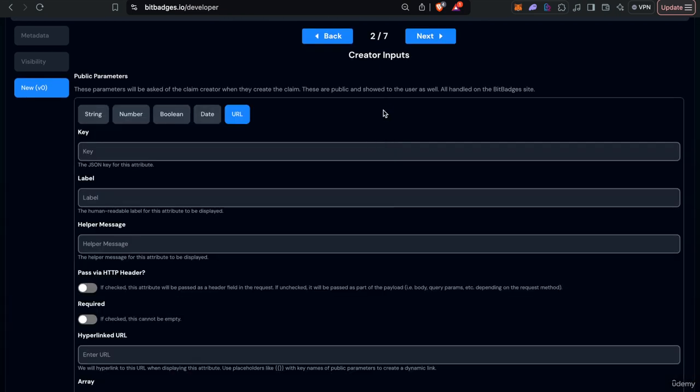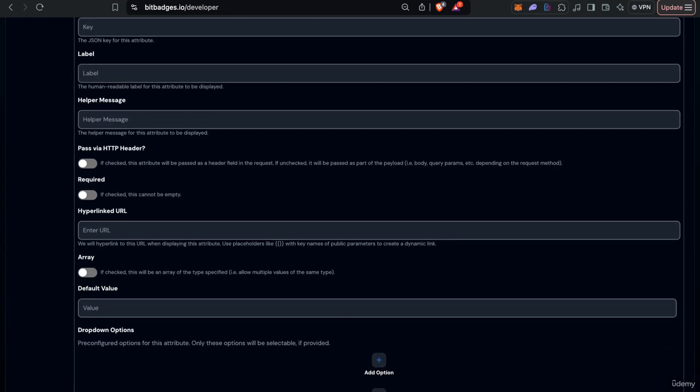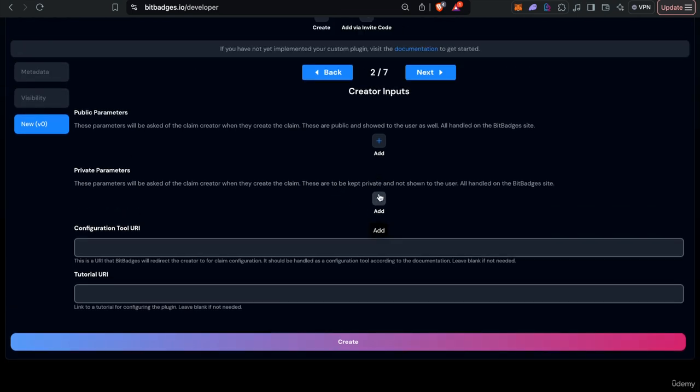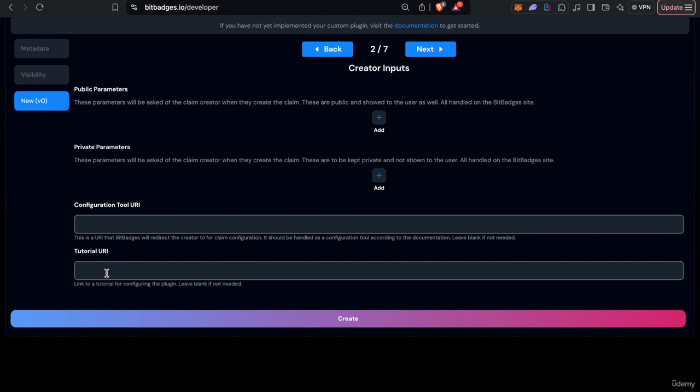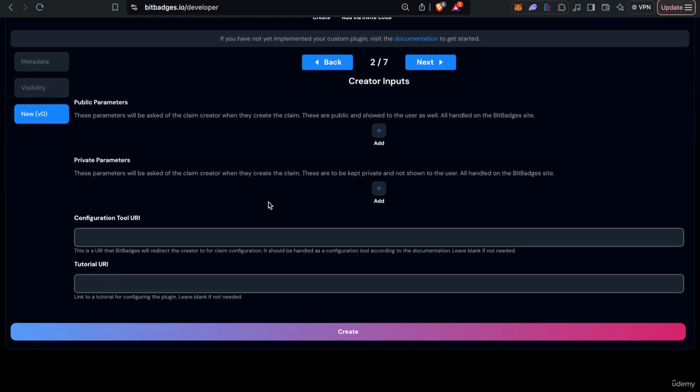You can customize public parameters that will be passed and displayed to the user, and also private parameters that will also be passed, but they'll be kept private on BitBadges' end, and it will be sent to your plugin, but will not be displayed to any user. It'll be kept private in that sense. Provide certain tools, tutorials,